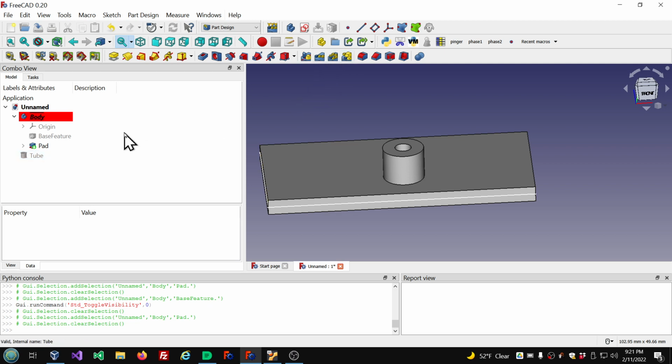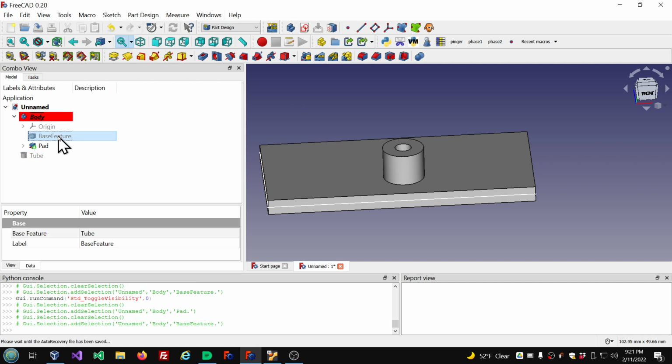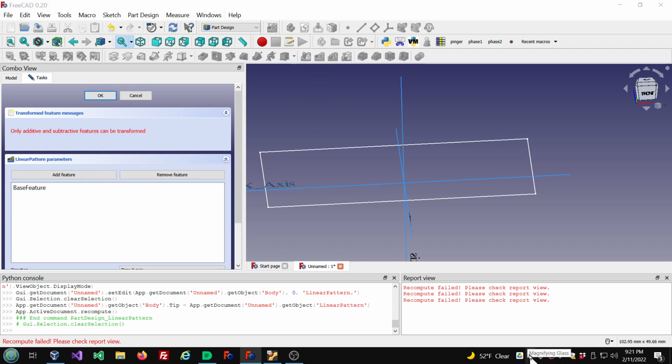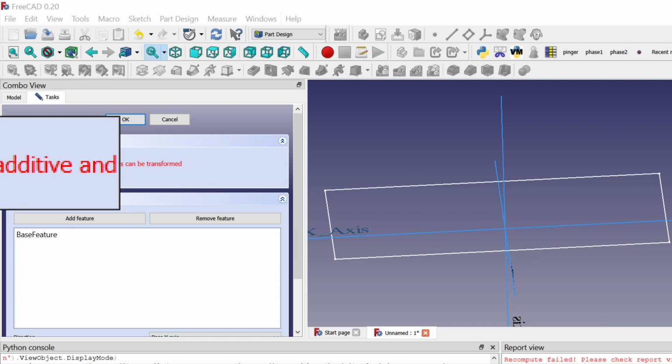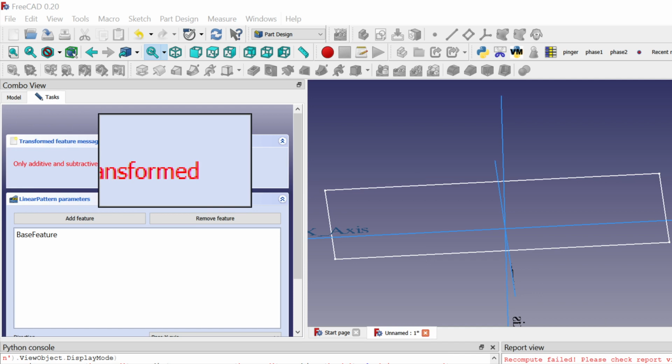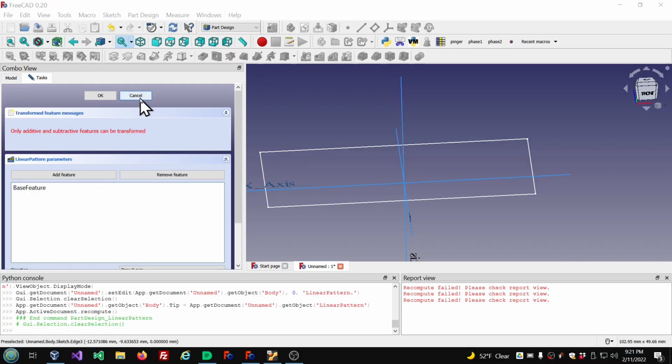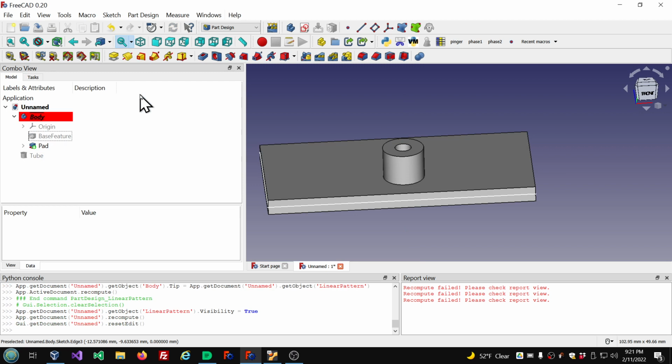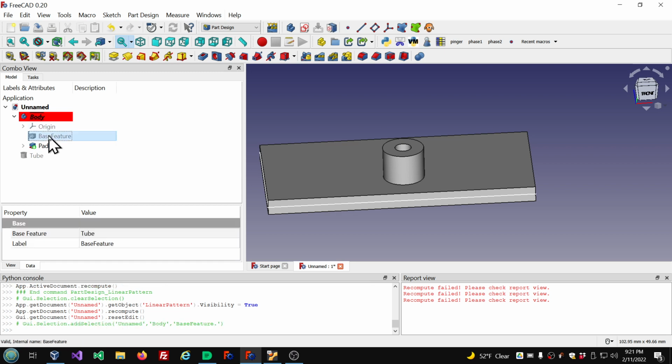a linear pattern. So if I selected this base feature object and ran the linear pattern tool, I get this error: only additive and subtractive features can be transformed. Base feature cannot be used in a linear pattern feature or a polar pattern or a mirror. So base feature is fine for many cases, but it's not fine because of those limitations. So I'm going to delete it,